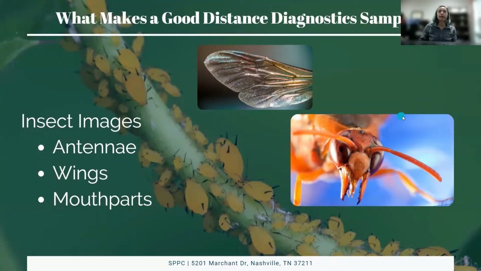So when I'm looking at an insect image for analysis, I need to see certain features like the antennae, the wings, mouth parts. All of this is very important. And this is also why it's great to bring a sample or to show your images to your extension agent, because a lot of our agents are able to take images more close up of our insects and other problems. A lot of our agents have microscope cameras and higher magnification cameras available for their use.